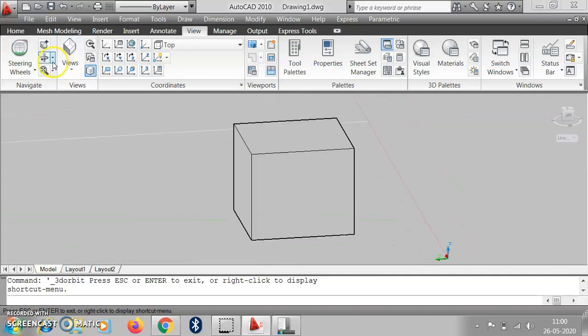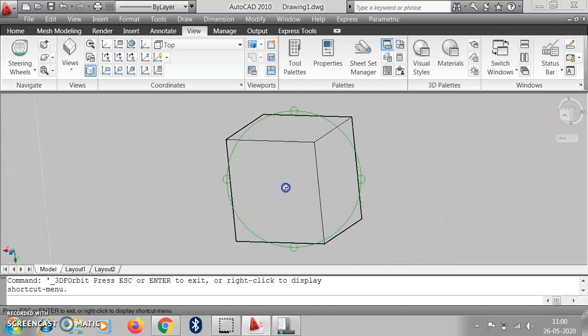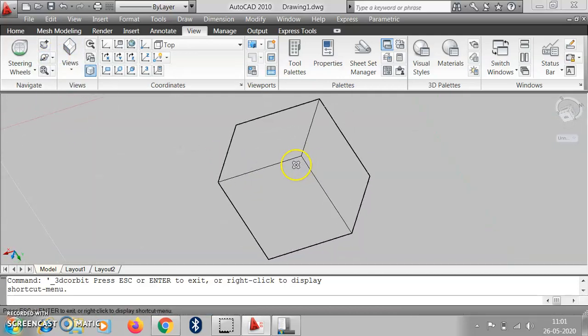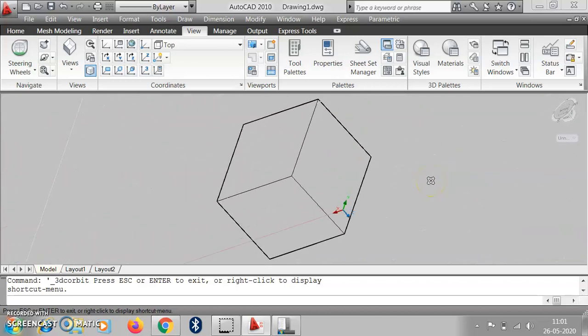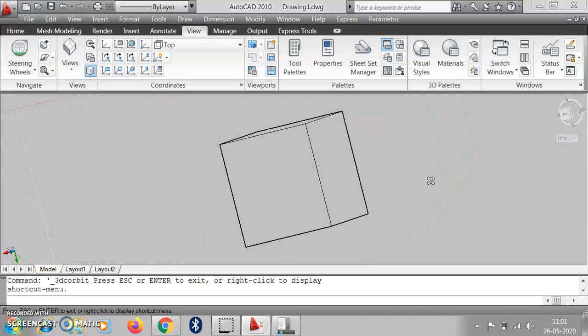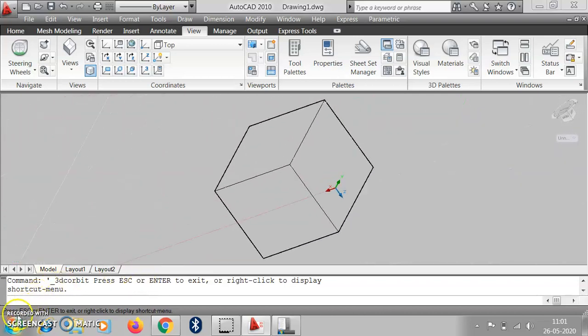And if we choose the free orbit, then we get the free orbit of the object. And if we choose the continuous orbit, then we can rotate this object continuously. So this is about how to look at the views.